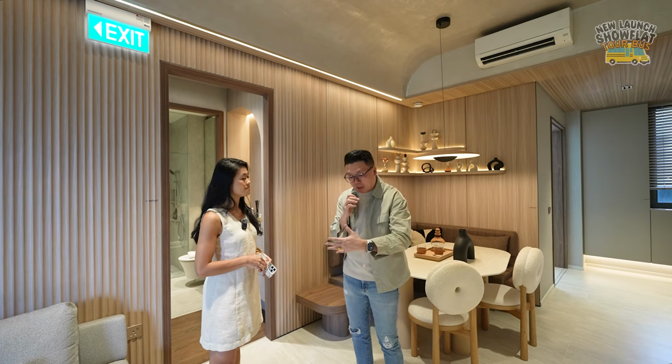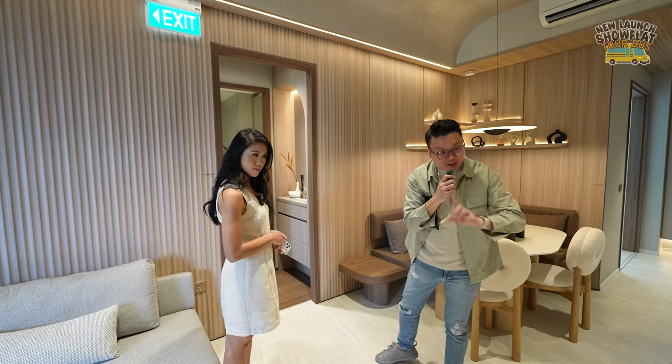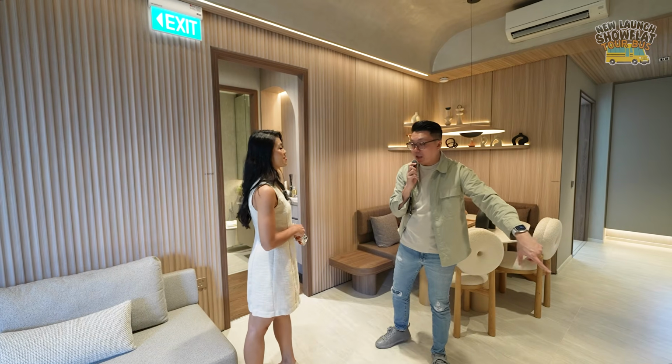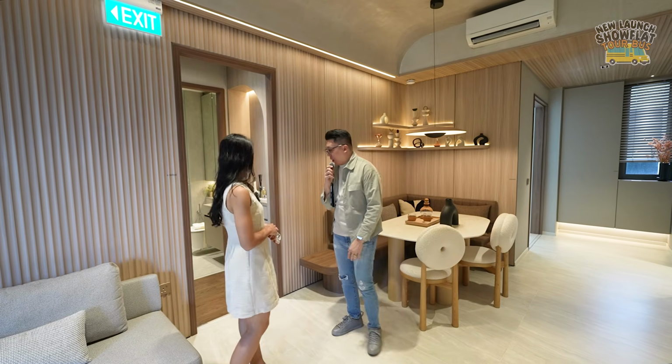Let's say for example in this particular unit, you can see that it's a dumbbell layout, right? Number one thing you realize is that the foyer into the bedroom is actually very small already. It reduces quite significantly, because otherwise you'll have a very long foyer that walks all the way into the bedroom areas. This is the junior